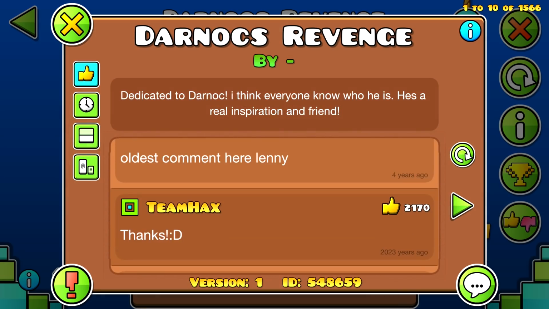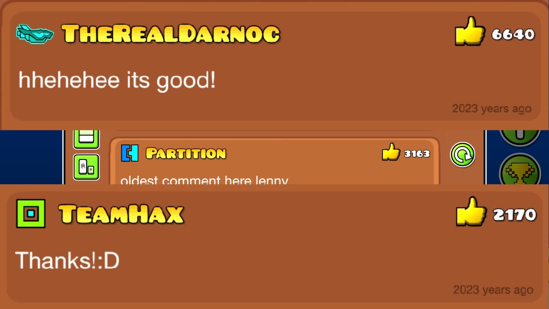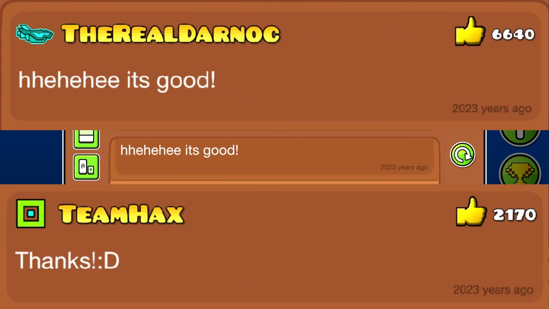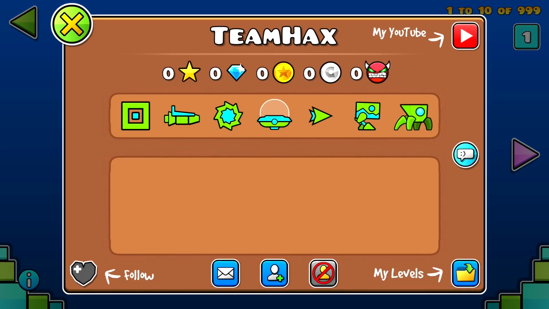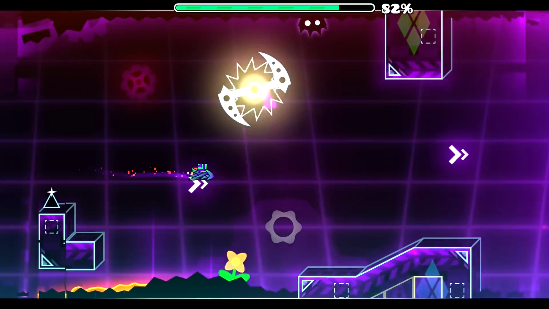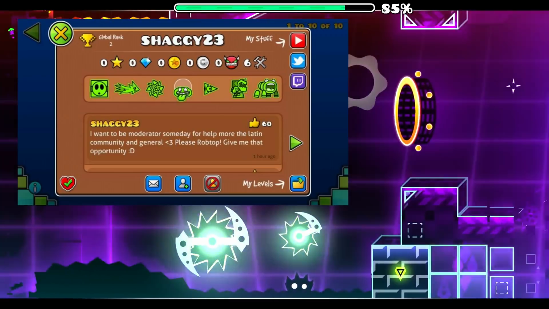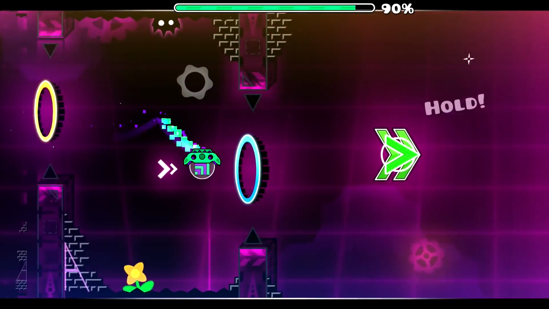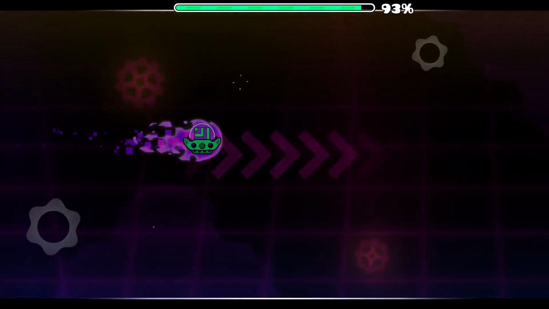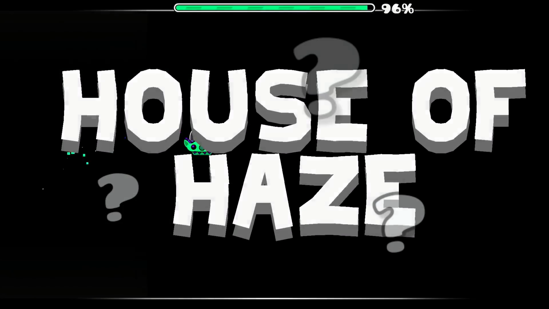If you look at all the comments, there is not one but there are 2 usernames with this incredibly old comment. One by a very famous creator and one by a username without any stats at all called Team Hacks. The person or people behind this account are notorious for hacking multiple users in the game and stealing thousands of levels. So based on their background they probably did this. But how? Nobody will ever know.